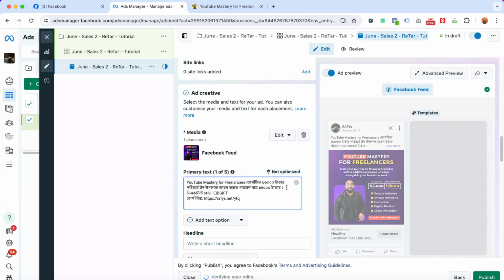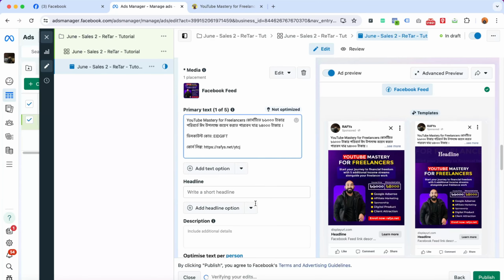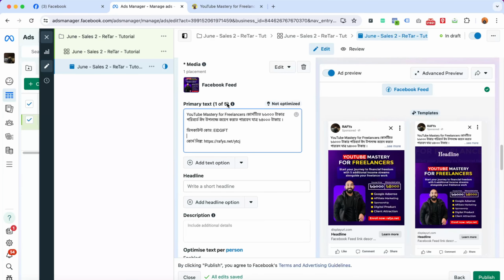Make sure on the primary text you have options. You can add up to 5. Let's say here we go, primary text 1. So you can add up to 5 copies for the ad. What Facebook will do, if you provide 5 ad copies, is show the ad copies to different people, and then deliver the ad copy that is performing really well compared to the others to more people, so that it will increase the performance of your ads. But as of now, I'm going to go with one ad copy, that's going to be perfectly fine for me,